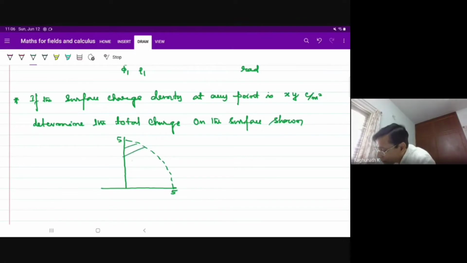I will be able to show you the distinction here. If I want to do this